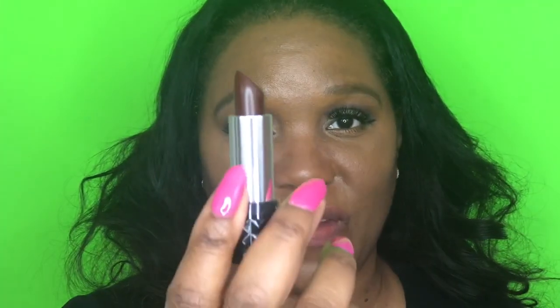But let's not stop there. So we're going to take Motorhead off and we're going to try Vampira. So let's wipe this off. Okay, so we wipe that off. Now, let's try Vampira. So here's what Vampira looks like. I'm going to swatch it right next to